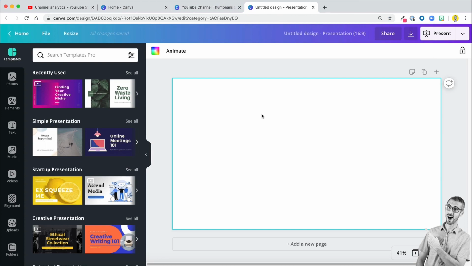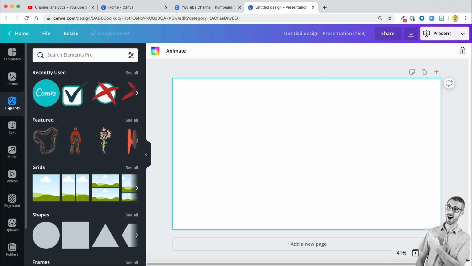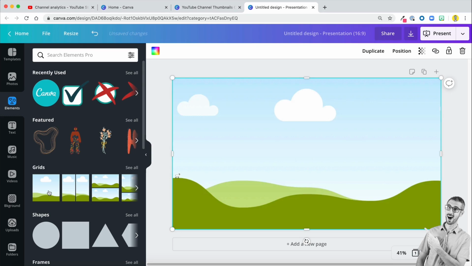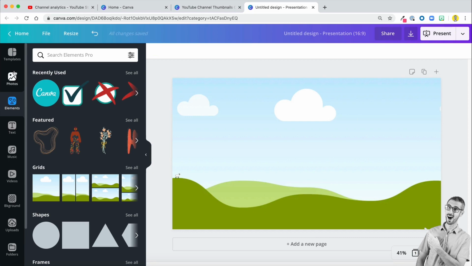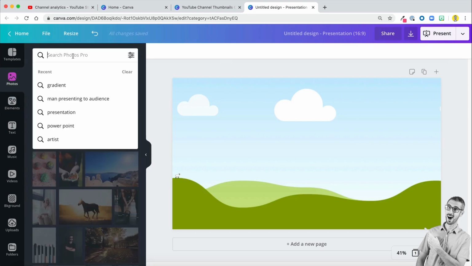All right, so let's start with the base, which is a gradient. For that, I'm going to use a grid. I'm going to position my gradient into a grid. Well, I could skip this phase if I want, but I like to have my things properly stored in a grid so it's easier to manipulate. Just clicking on grid, which is good, it's going to fill up my entire screen, and then we need a gradient. So head over to your photos and search for